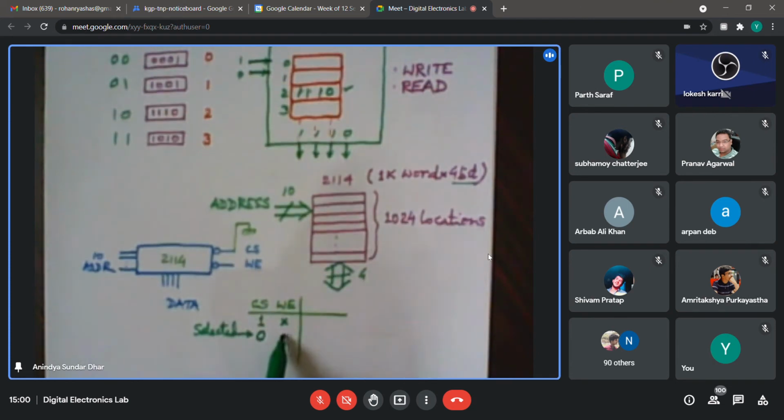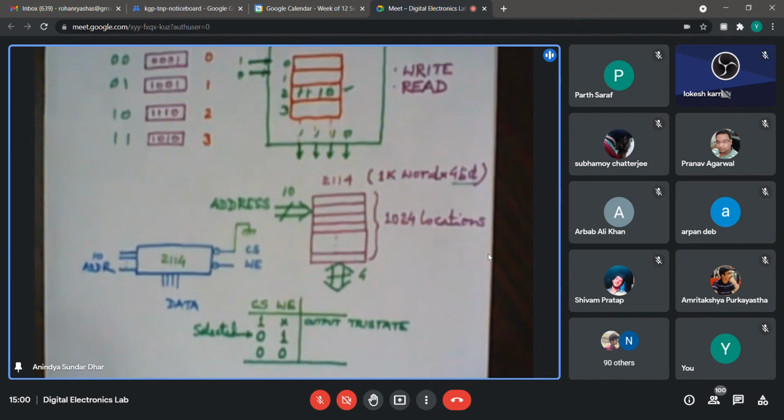So now there are two options. One is that write enable can be 1. The other option is that write enable can be 0. So what will happen in these two cases? Here the output is tri-stated, and the chip is not selected.